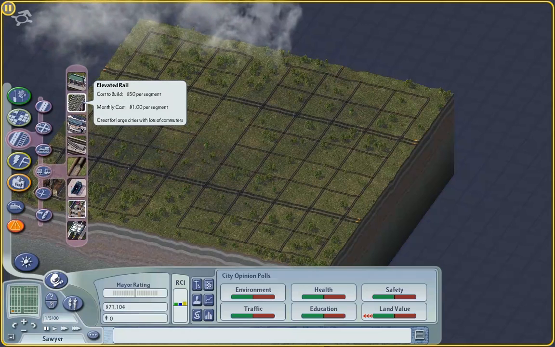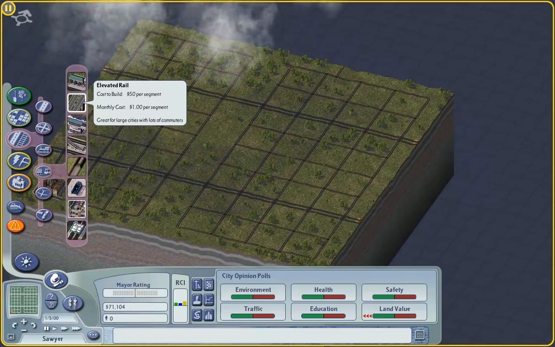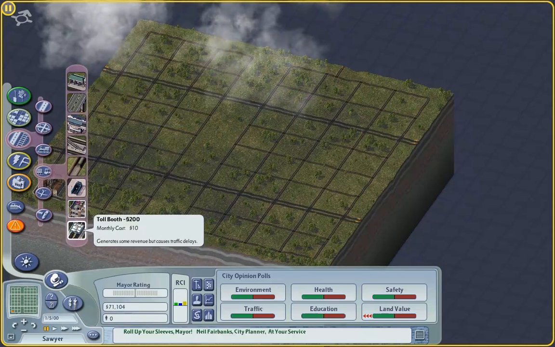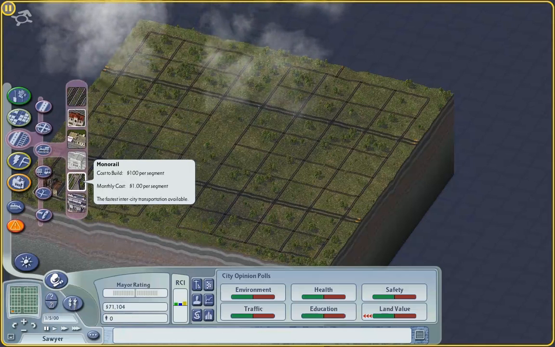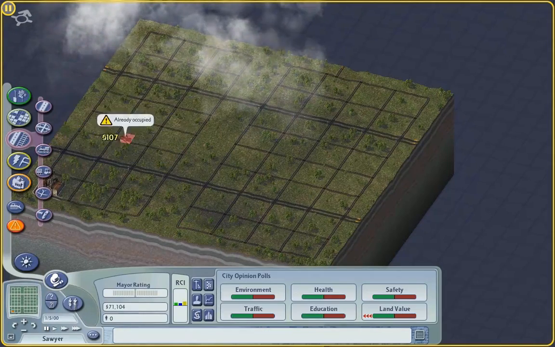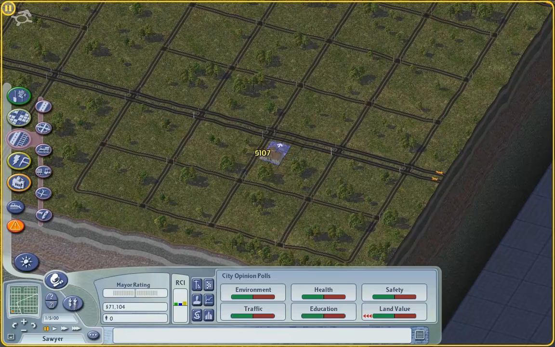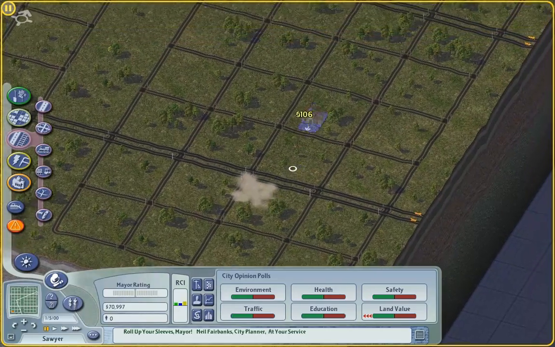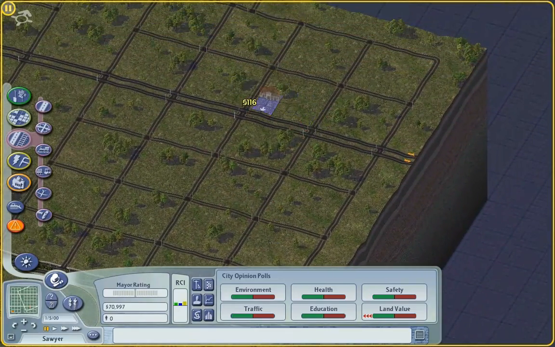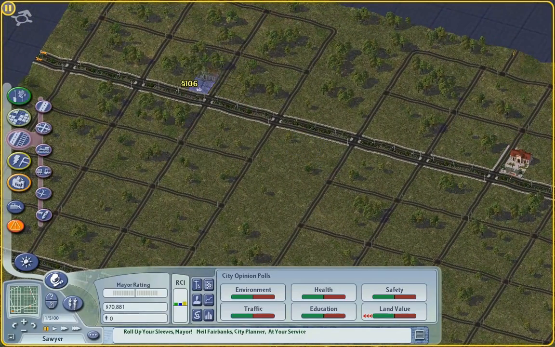Elevated rail, $51 per. Apparently elevated rail costs more per month than the subway. That's even worse. Monorail? Monorail is also ridiculously expensive. Okay, I guess we're doing a passenger train station then. Alright. I don't even know where the train actually goes. Okay, let's put a train station there. Put a train station there. And then put a train station...